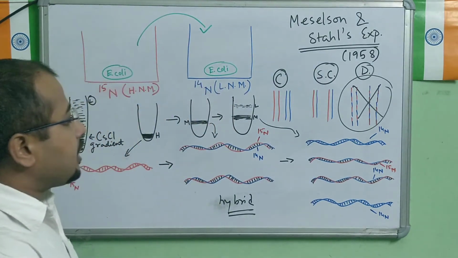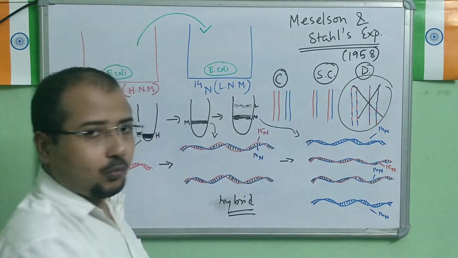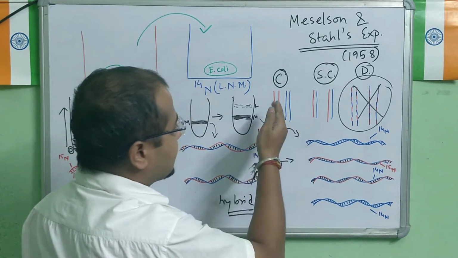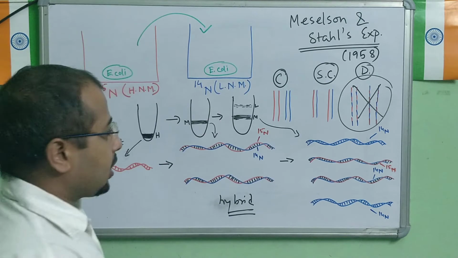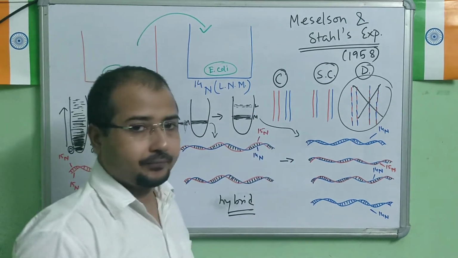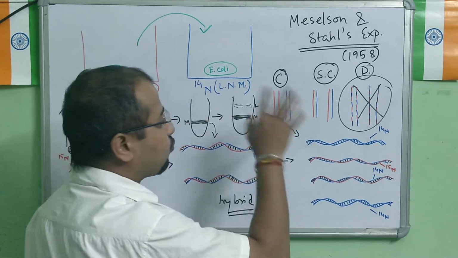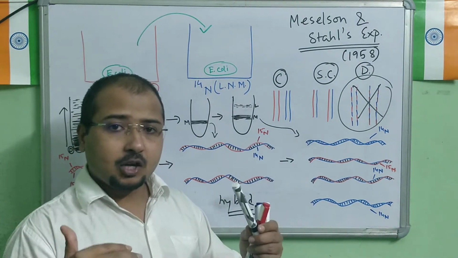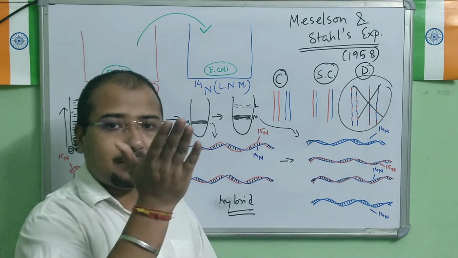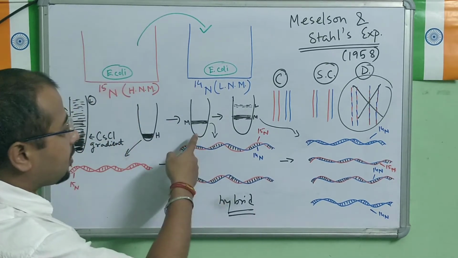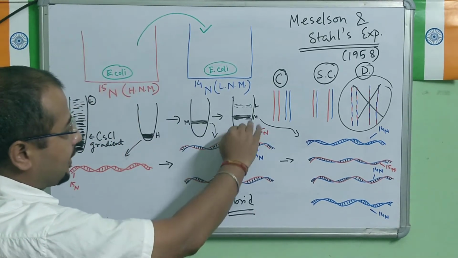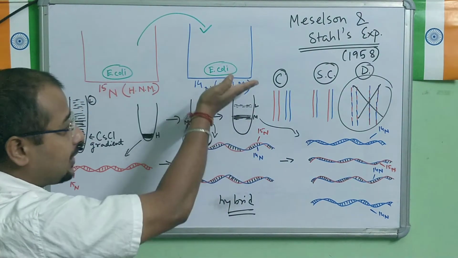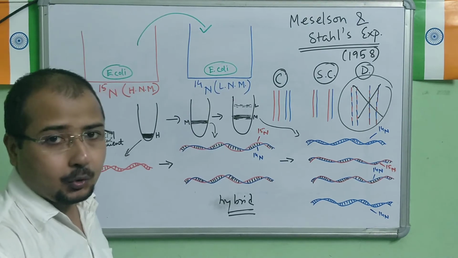Okay. Now if I take in consideration of conservative one, then see here, it should have been according to the color. If I go, okay, one heavy, one light. It means that the band should come one denser, one very dense band, one very light bands. Can you see anywhere any of these? Okay, one totally dense here, dark bands, and one totally light bands. Can you see anything? No.